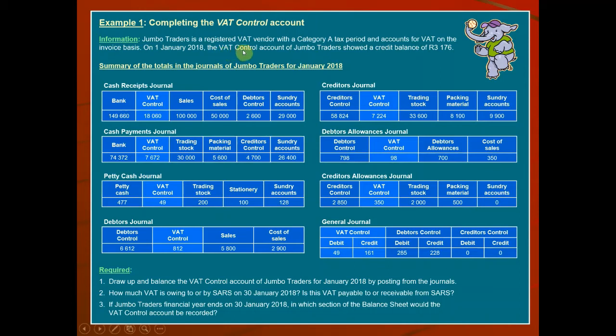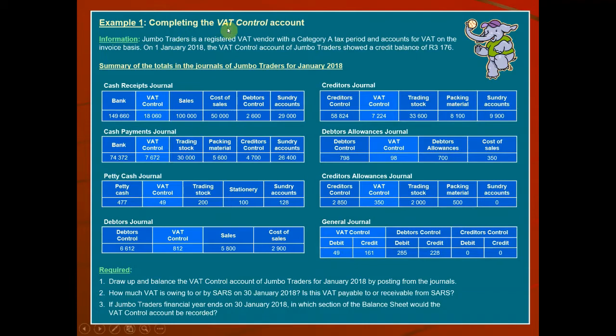In this video, we are going to focus on the completion of the VAT Control Account. Jumbo Traders is a registered VAT vendor with a Category A tax period and accounts for VAT on the invoice basis. On 1 January 2018, the VAT Control Account of Jumbo Traders showed a credit balance of